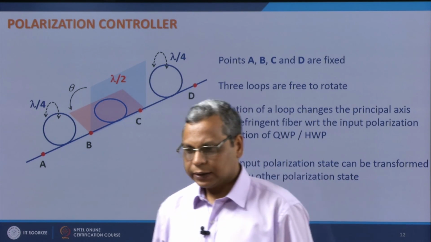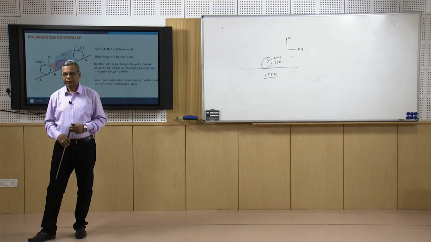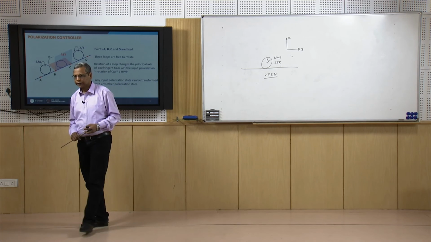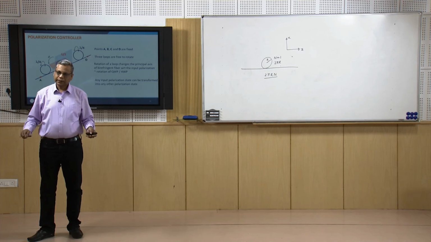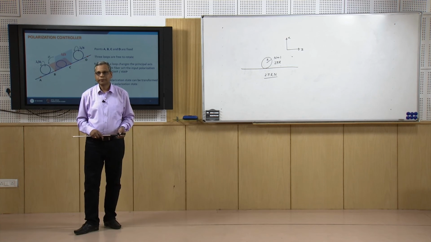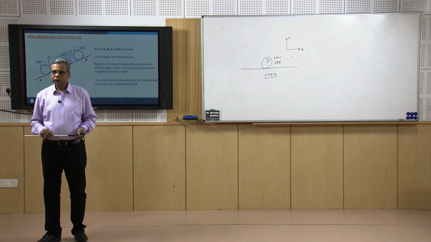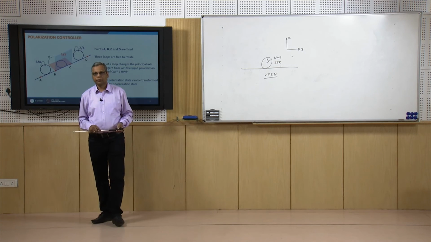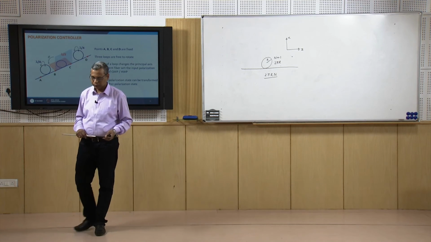So, in this lecture we had seen how directional couplers can be used as multiplexers and demultiplexers. We had also seen in this section how we can make power splitters, how we can make switches using directional coupler. We had also seen that with the help of introducing certain loops in the fiber, we can make polarization controllers. These polarization controllers are commercially available also.